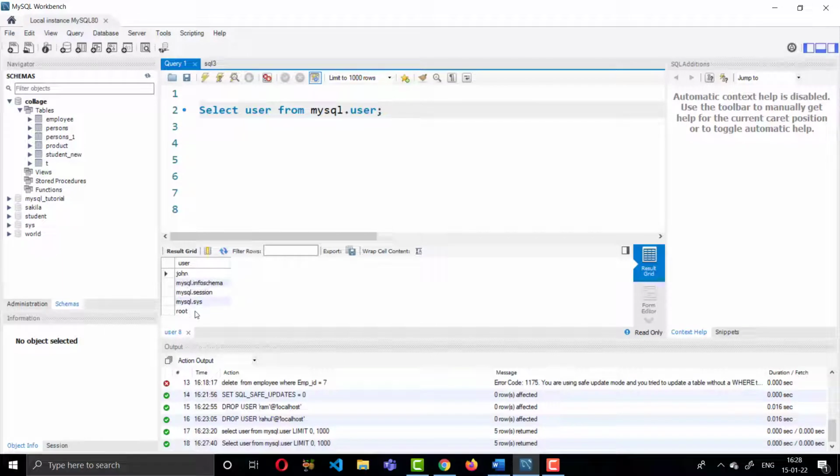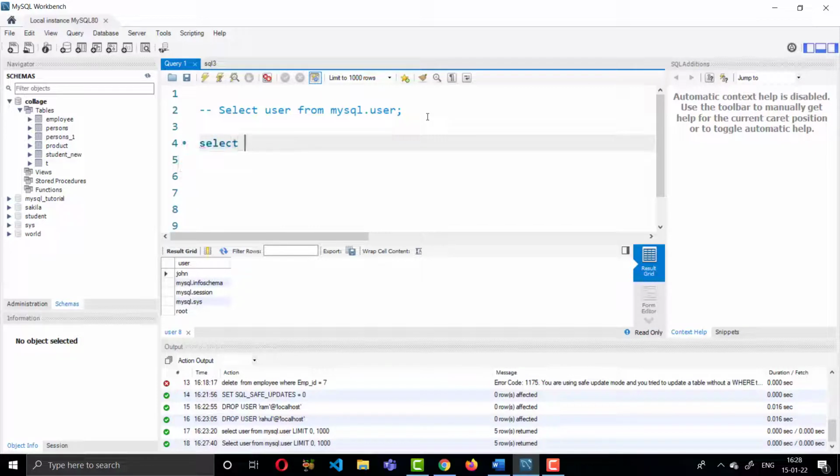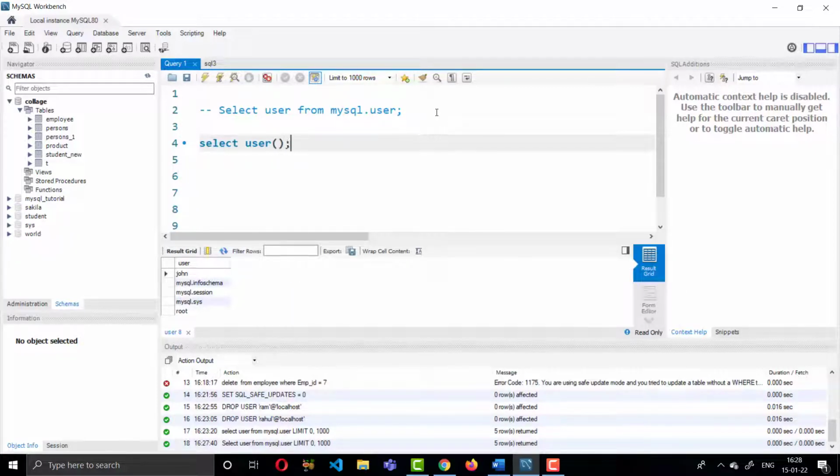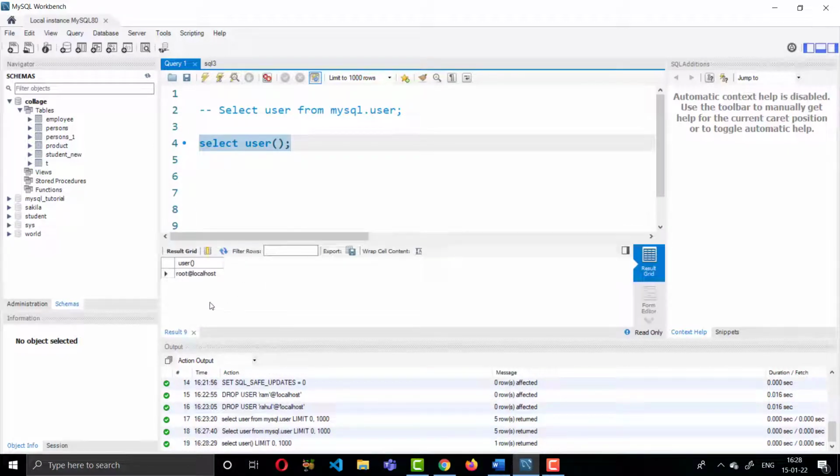If you want to see who the current user is, type here, let me comment this out because we will need it later, SELECT USER() with left and right parentheses and a semicolon.